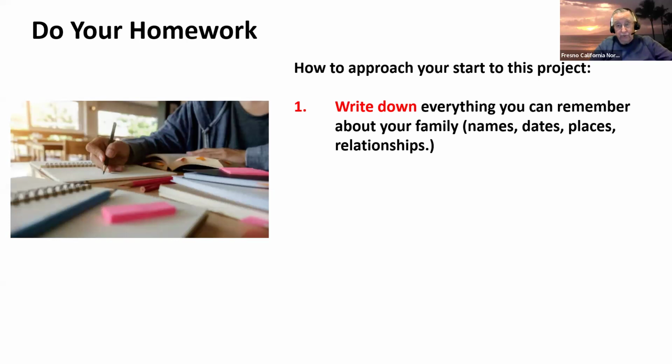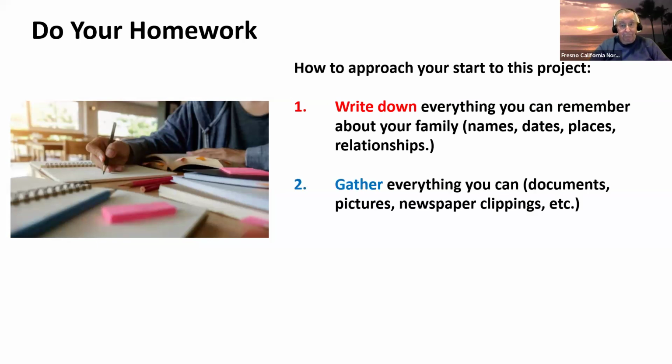To find John Jones with only the name, hard. Find John Jones, born 1935, a little easier. Find John Jones, born 1935 in Oklahoma, it's getting easier. Find John Jones, born in 1935 in Oklahoma, married to Mary Smith, now you'll probably be able to find him without much trouble. That's the kind of thing you need, as much detail as you can get. They tend to want to just give you the name and say, here, find my family. It takes more than just a name.